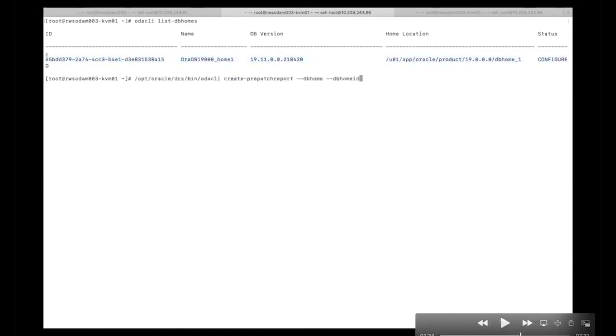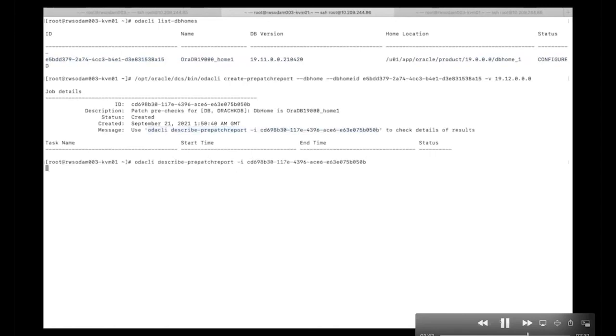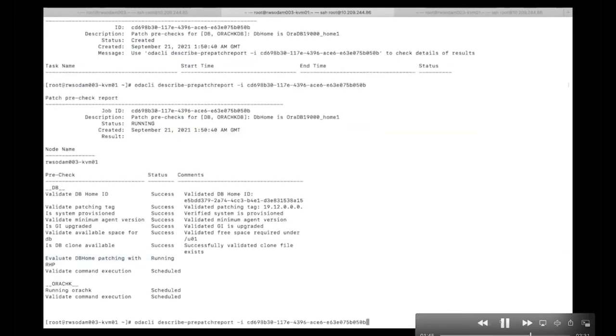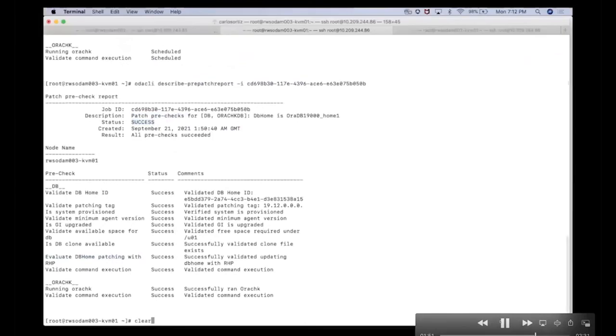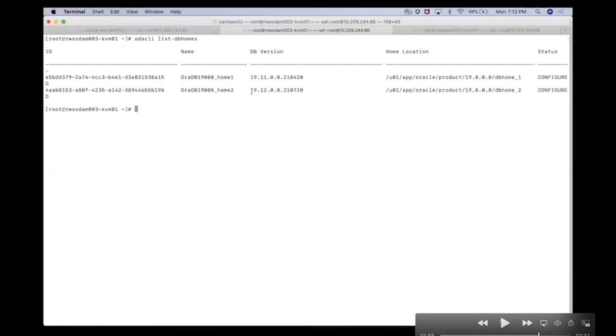Right. So we list the DB homes that we have in there. That's the ID, right? We're going to create a pre-patch report for that DB home ID 1912, and run that command. It was still running here, but on this next one, it's all successful as well, right? So the pre-patch is done. Now, we list the DB homes, and notice that when running the pre-patch, it created the 1912 just to make sure that everything was going to be okay. And this will simplify the next step, which is update the DB home, same ID, 1912,